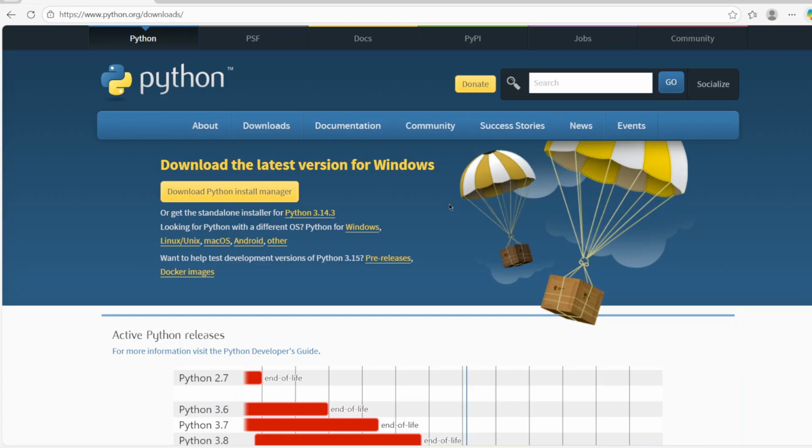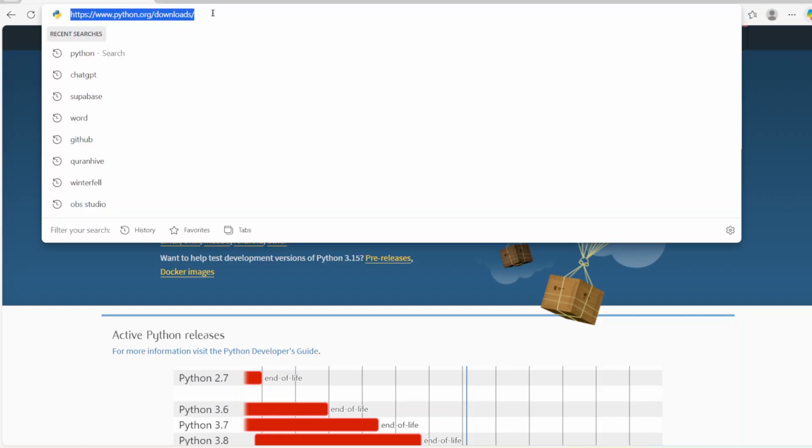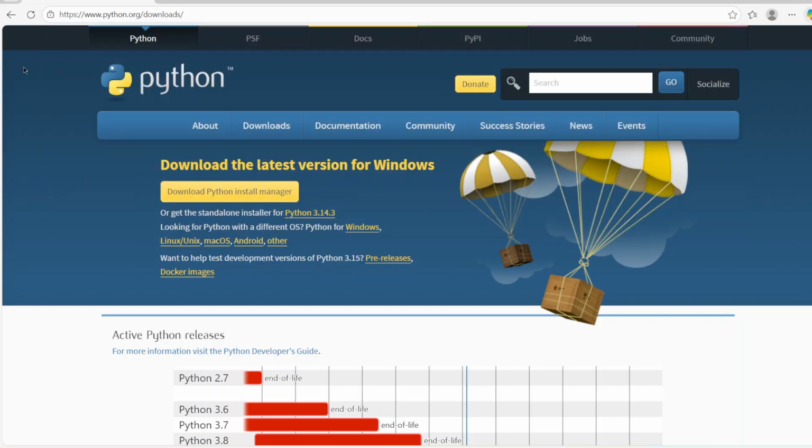In order to start, we need to install the Python interpreter, which basically takes your whole Python file and translates it into binary machine code so the computer can understand the instructions, and it does it line by line. To download the interpreter, we can just search up Python and go to this official